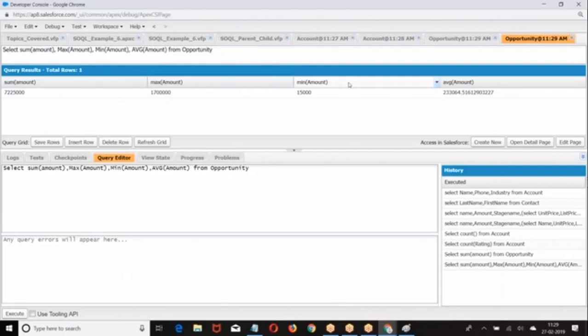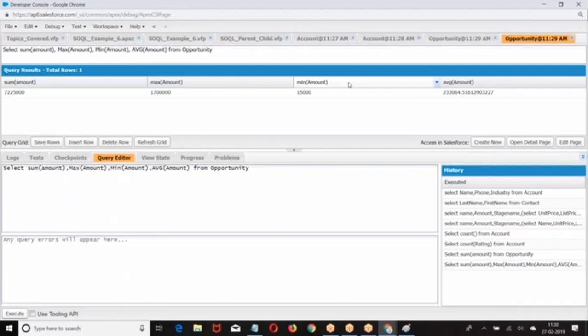Right. So what are these? Aggregate operations. It will give you summarized values based on the function we are using: sum of the given field, average of the given field, min of the given field, max of the given field. Are you clear?